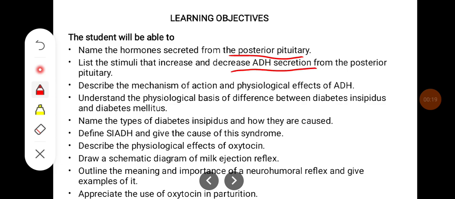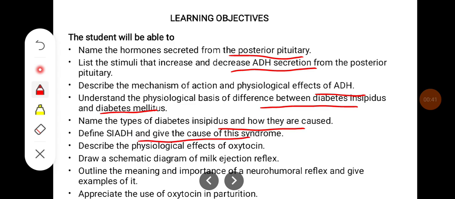and decrease ADH secretion from posterior pituitary, describe mechanism of action of physiological effects of ADH, understand the physiological basis of difference between diabetes insipidus and diabetes mellitus, name the types of diabetes insipidus and how they are caused, define